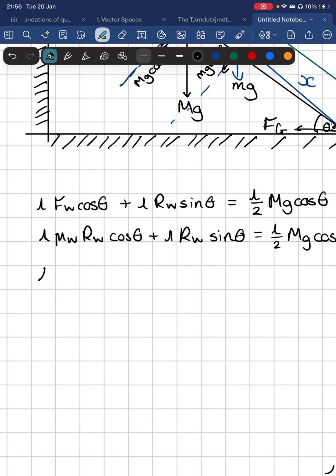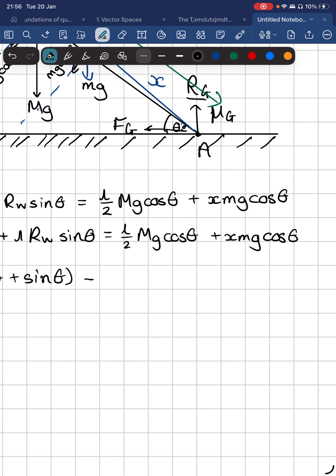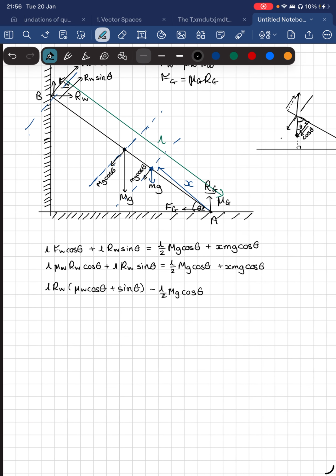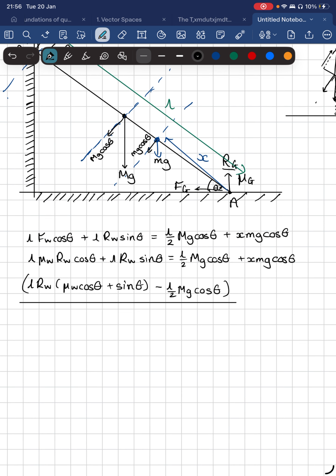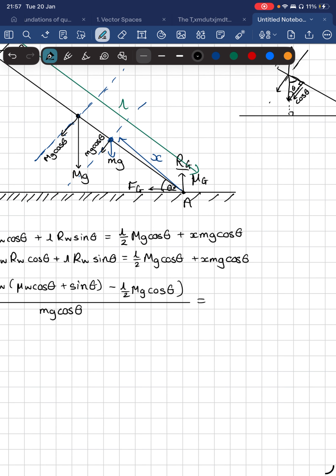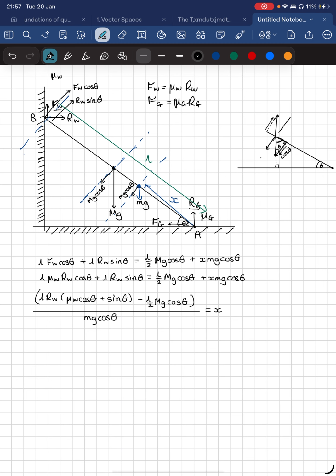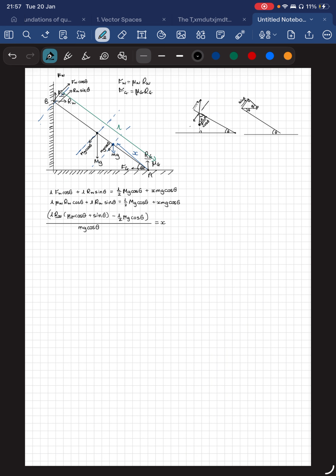So we can factor out here L RW, and then I'm left with mu W cos theta plus sine theta. Then that's going to be take away L over 2 mg cos theta. And then if I put that one in brackets and divide the whole thing by little mg cos theta, that gives me x. And now I can just find, once I'm given m, big M, and I find what RW is, and I put this in as well, I know what my answer for x is. So that is going to be the next thing that I will